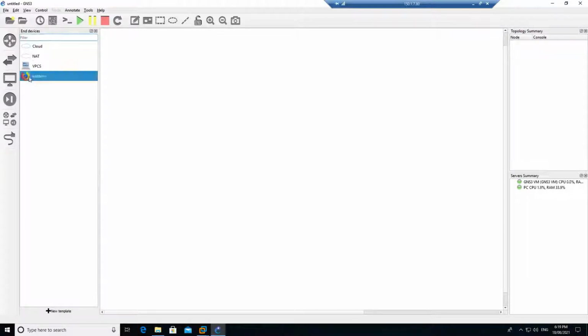Now that my WebTerm is up and installed, I will pull it. This is a Docker image, so currently it is not in your system. Once you pull it into your workspace, on the right hand side you can see that it is trying to pull the Docker image from the Docker Hub. Once it has detected and verified the image, it will start downloading the file. Now you can see that it is starting to download. It will not take much time, hopefully one or two minutes, and it will be downloaded.